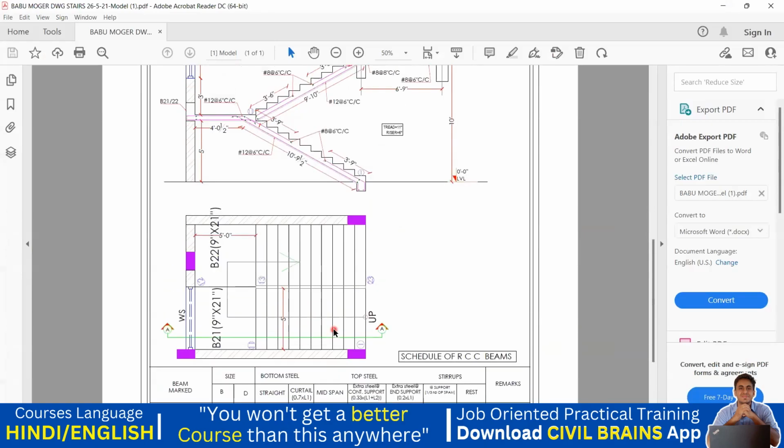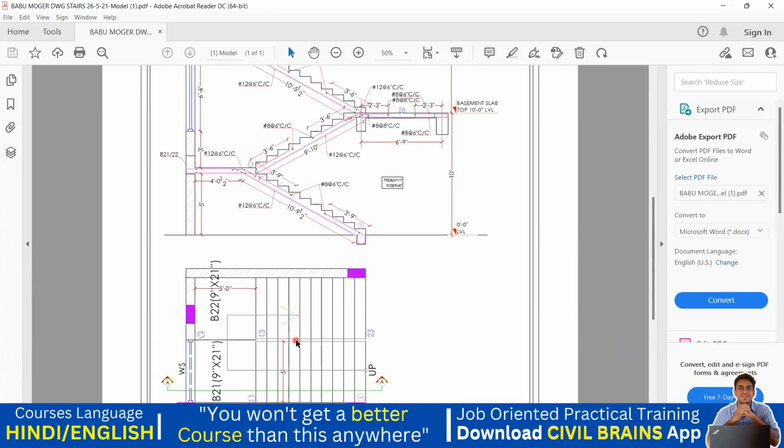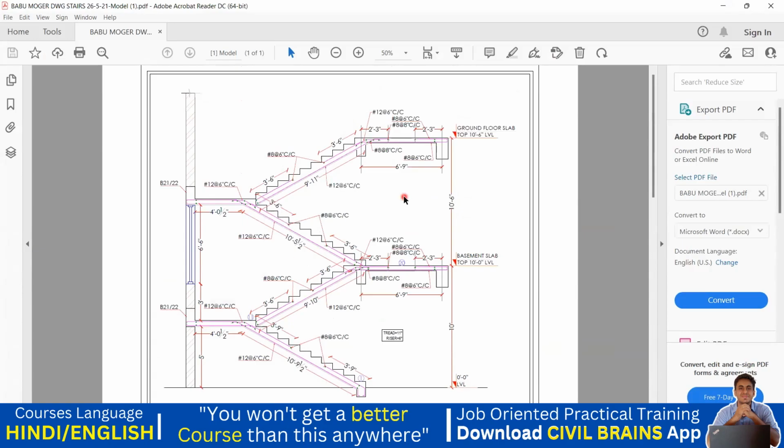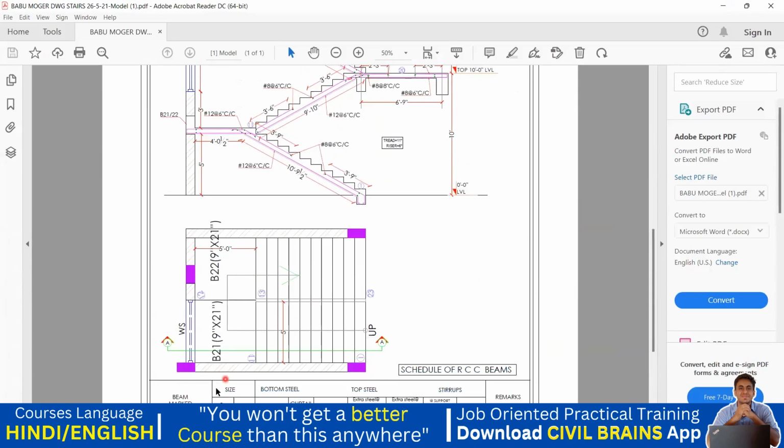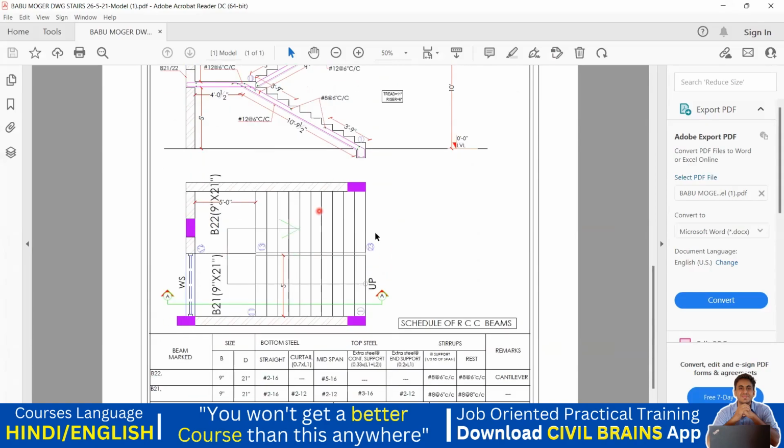Now, if you see, this is a plan of my staircase, and this is a cross section for that. Okay, so first we'll look into the plan part. Again, this particular staircase is supported on 4 columns. I have a column here. This is my another column here, and another column here. 4 columns. So up in the sense, you're going to take a flight. This is my first flight. This is my landing portion, and this is my second flight. Got it? So it's a kind of a clockwise in this direction, and it is a good way to put